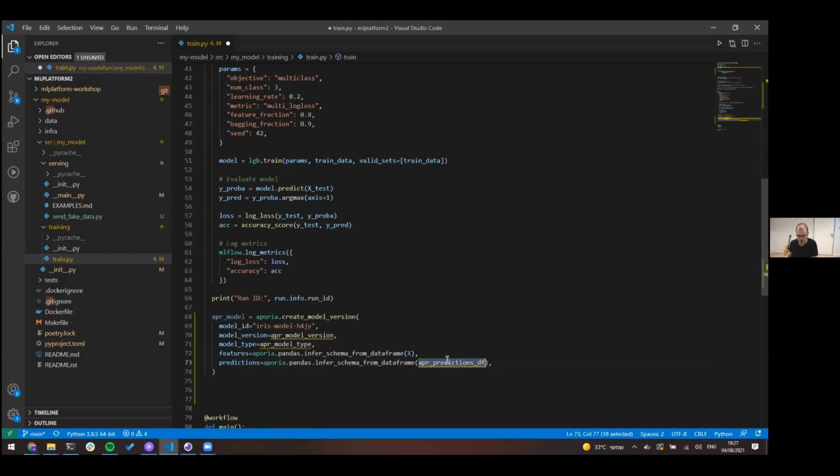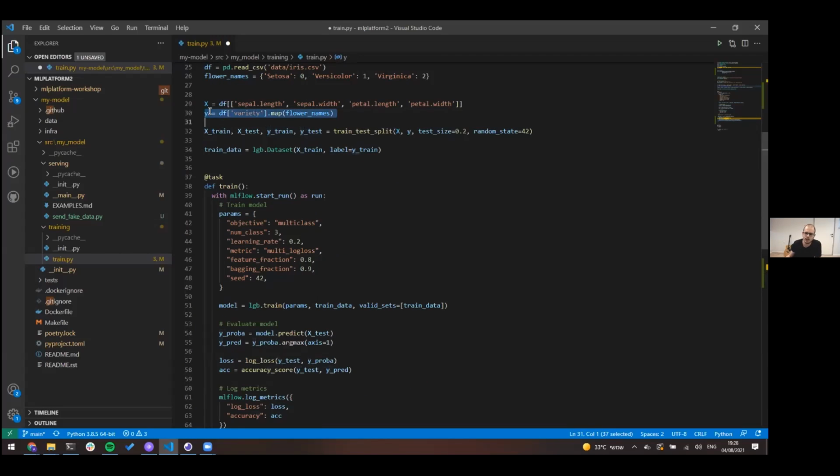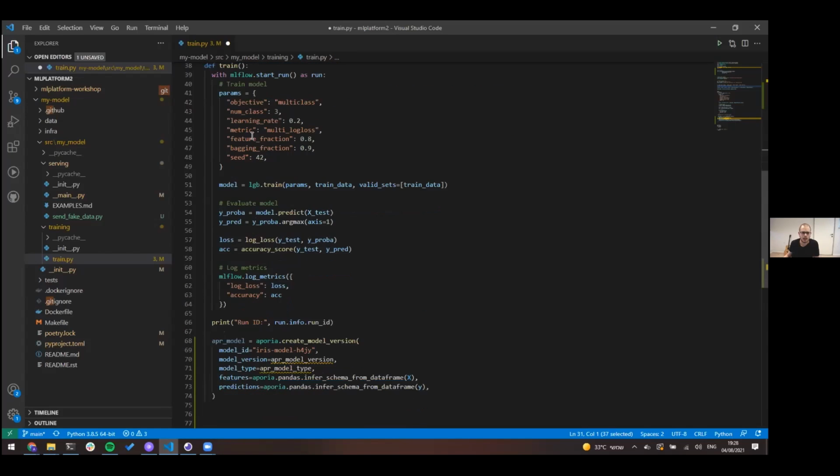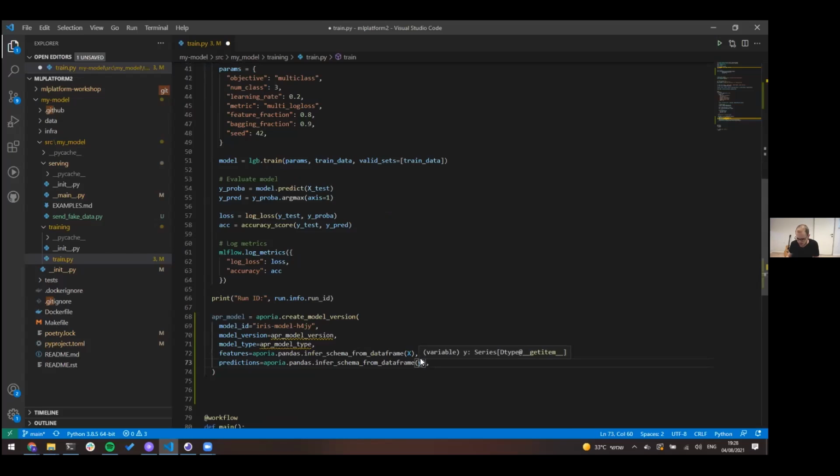I'm just going to change that to X and Y. One thing you need to notice here is that Y is a NumPy array because it's just the predictions, so we need to convert that to a data frame. So I'm going to do that. Let me go to my notebook here. Okay, so